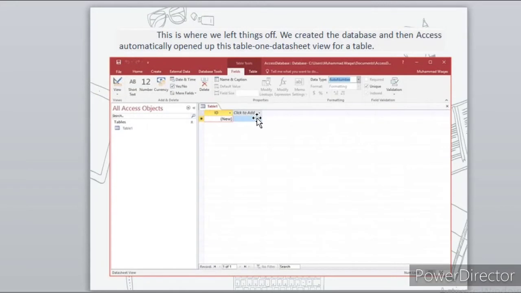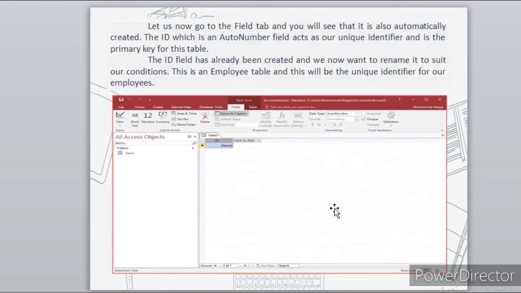This is where we left things off. We created the database and then Access automatically opened up this table in datasheet view. Let us now go to the Fields tab and you will see that the ID field is also automatically created.